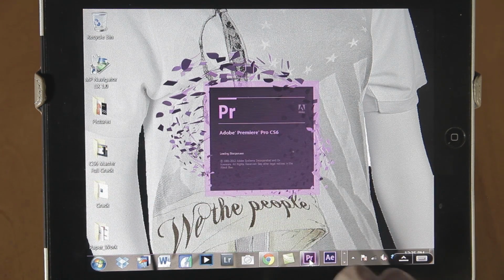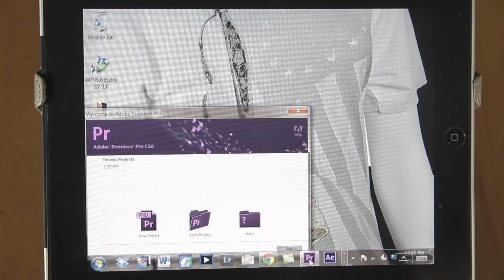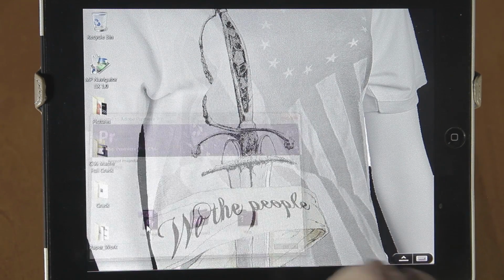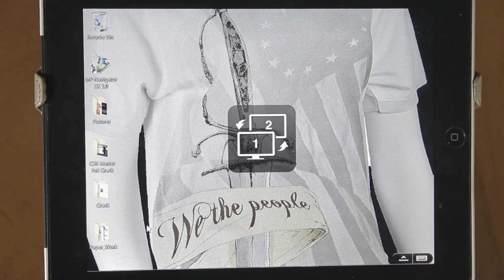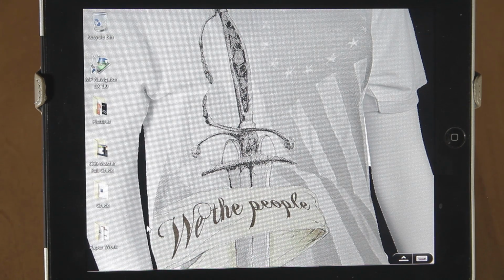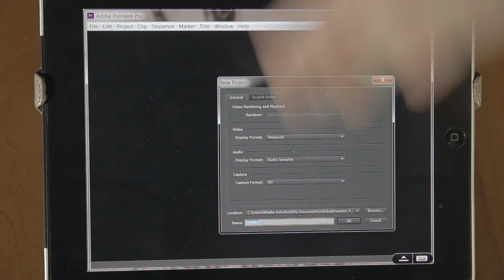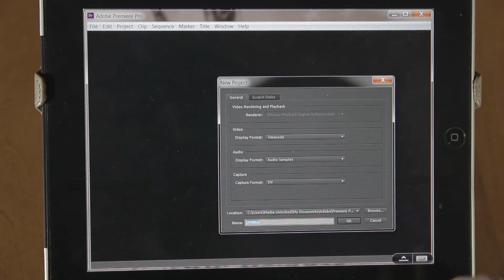And what it's going to do is kick it over to screen number 2. So we're going to go on and look at screen number 2. Again, you've got to hold it down. There you go. And it's going to take a second for it to switch over to the second screen. And we're waiting a little bit here. And there you go. So I've got Adobe Premiere opened up, and I could technically edit here